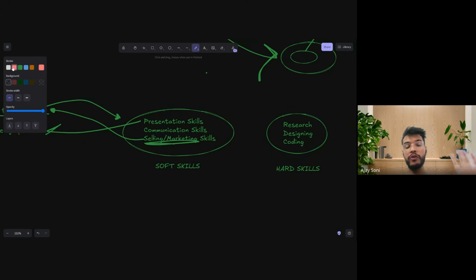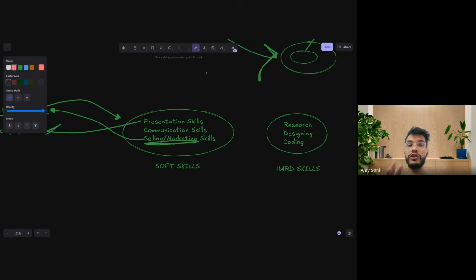And you might be thinking how we can make these skills. The more you will communicate with different people out there, the more you will present your designs, the more you will try to get into trouble and try to come out of the trouble with the help of your designing skills, with the help of your communication skills, and with the help of your marketing skills, the more you are going to get these skills brushed up, right?